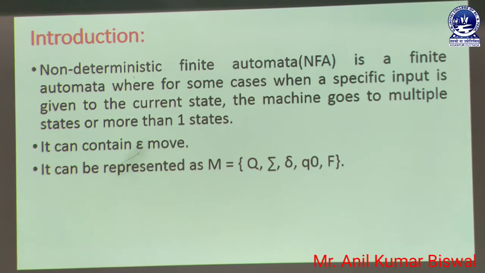Here, it can contain epsilon moves, because whenever a user creates an NFA diagram, that NFA diagram may have an epsilon move. In that epsilon move, we are mentioning some states. So it can be represented as M. M is the machine, which may be an NFA or DFA machine, and it has 5 parameters. Capital Q is the whole set of states. Then sigma is denoted as the input symbols. Then we have the transition, known as delta. Then Q0 is the initial state. Then F is the final state. So these are the 5 parameters used in our NFA diagram concept.